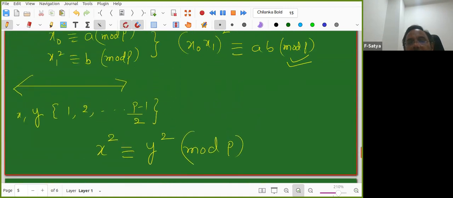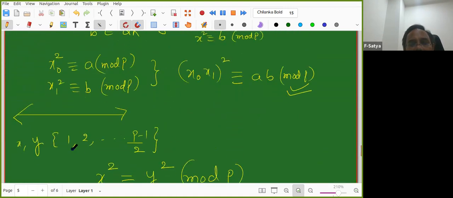Yeah, so that is the thing. What we proved is that these squares, 1 square, 2 square up to (p minus 1 by 2) square, all give different numbers modulo p. That's why these are the quadratic residues. Remember, these are their squares and those are the numbers. If somebody asks you to write a program and find the quadratic residues, you can do it easily. Just do 1 square, 2 square up to (p minus 1 by 2) square. You'll get all the quadratic residues. No problem. But that is not the question.